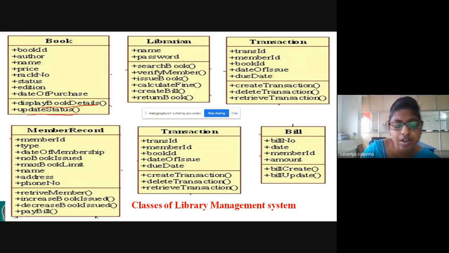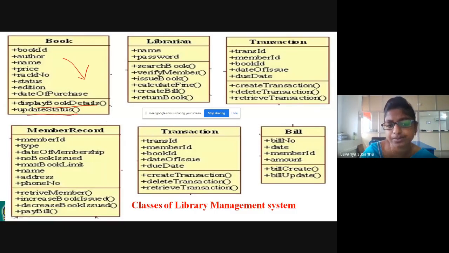Okay, these are the operations. Please identify. Just think what operations you will do. Then you will get all these methods related to book. All books must be displayed, right? So write down display book details. After you have returned or after a book is issued to you, the book details must be updated, right? So update status.